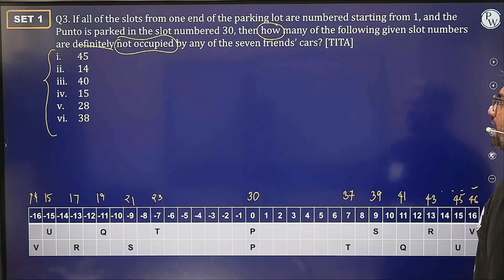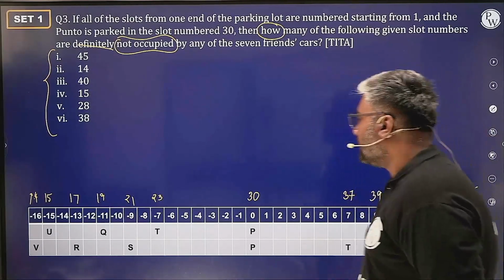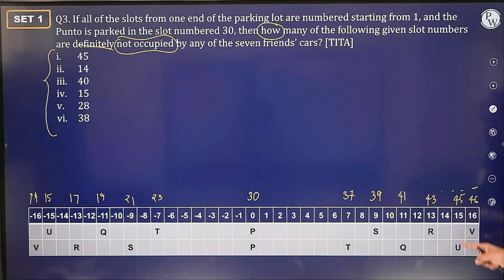This being said, अब आंसर चॉइसेस को देखते हैं, कहाँ पे कार्स हैं, कहाँ पे नहीं है. 45 पे अपनी कोई कार खड़ी है, 45 पे अपनी कार खड़ी है, हो सकती